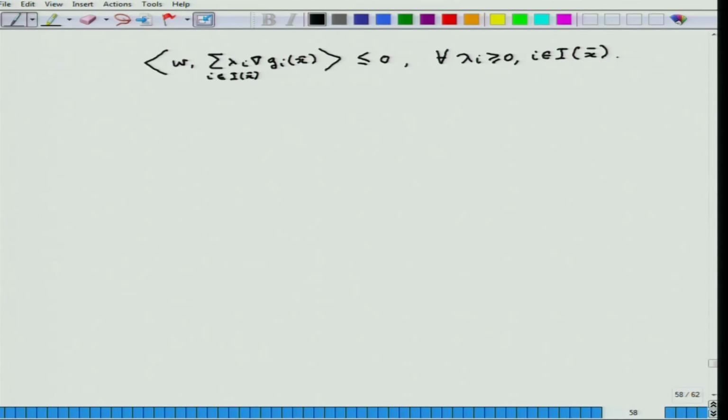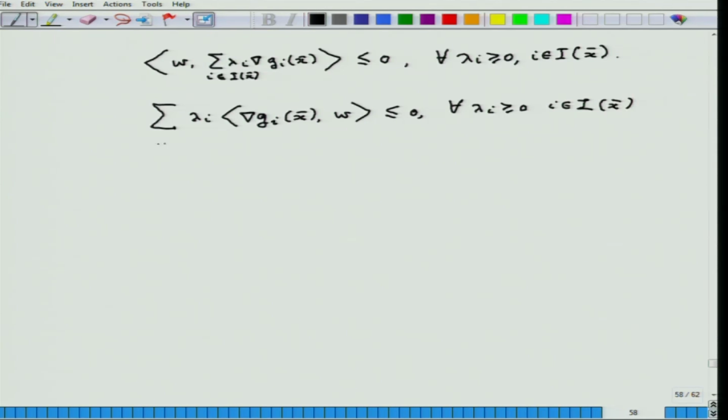What does this show me? This shows me the following. For the fixed set of indices, for whatever lambda i greater than or equal to 0 you take, this sum must always be negative. So, this would immediately lead to the fact